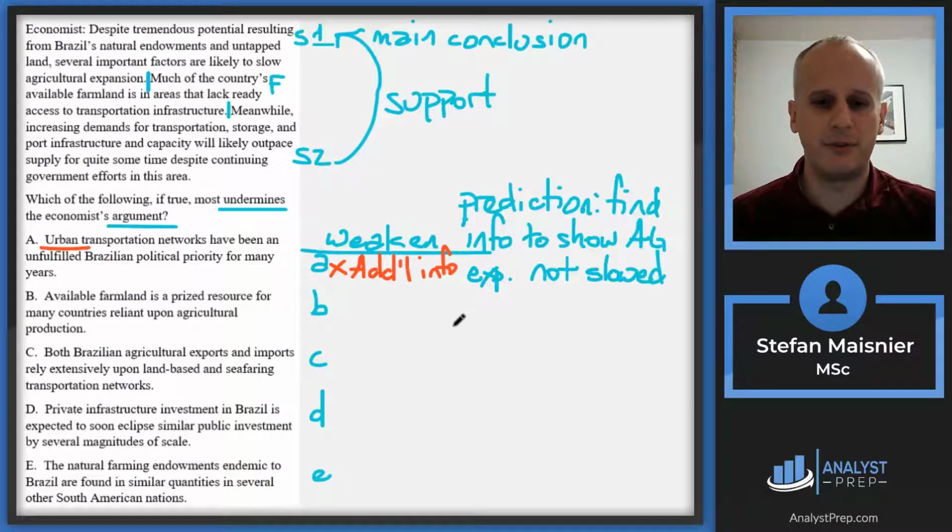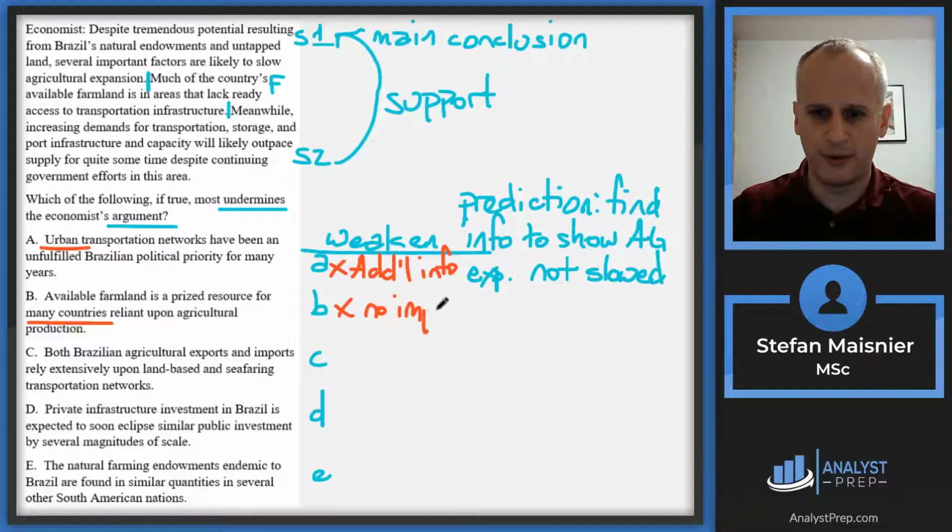Now, available farmland is a prized resource for many countries reliant upon agricultural production. Well, if we're looking at many countries, well, we're just talking about Brazil. So whether it's many countries or not, this one we can eliminate for a true no impact because we only care about Brazil